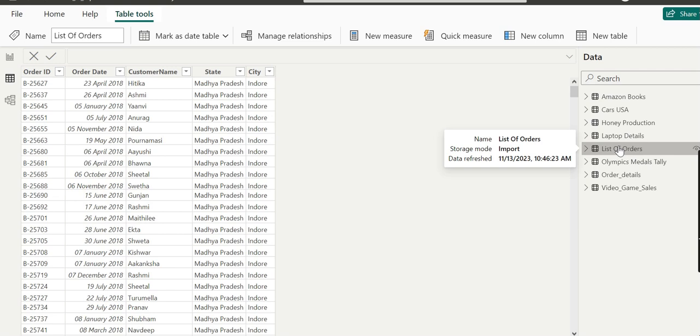Now you can easily understand that there are 5 columns which tell the information about each and every order.